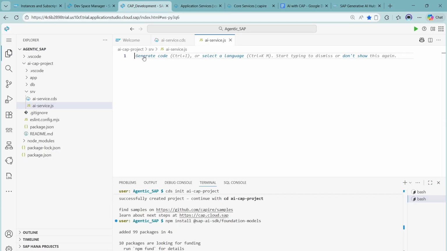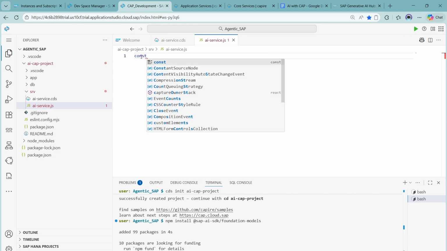So I'm going to define the same using the same syntax. I will type const